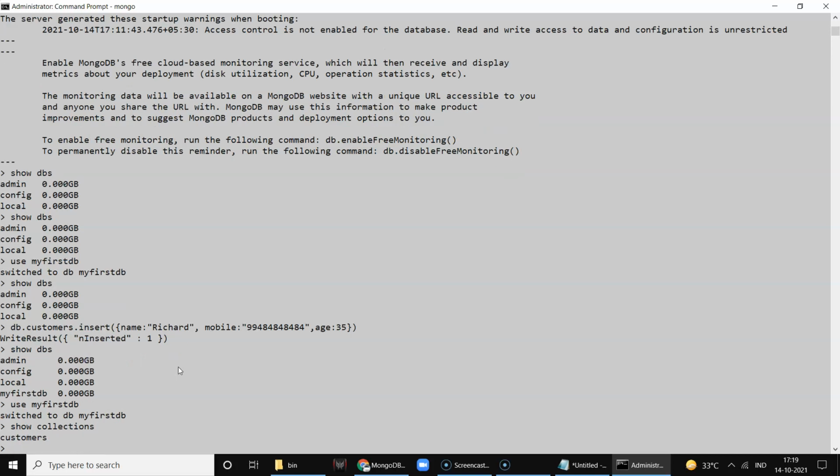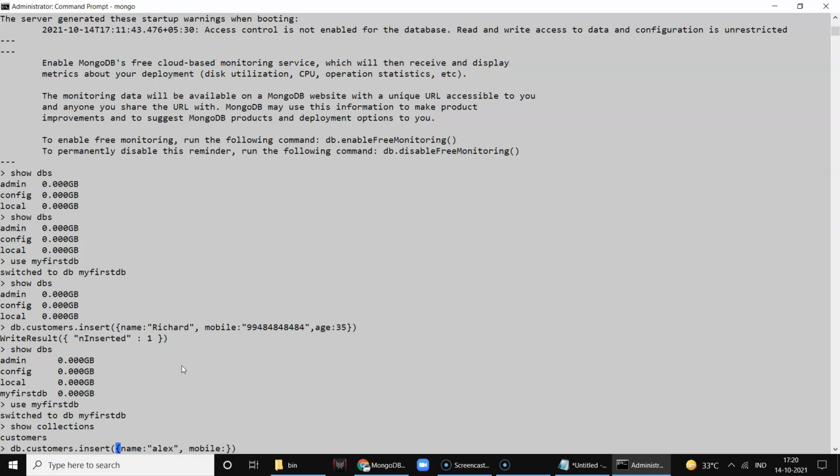Similarly, you can create one more collection. Now what we do, we'll insert more records. So we say customers dot insert, open bracket, open curly bracket, close curly bracket, close bracket. We pass name. Now if you want to pass some other field parameters, then we can do that.